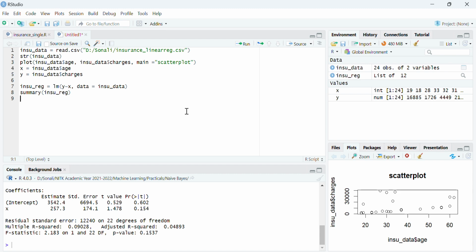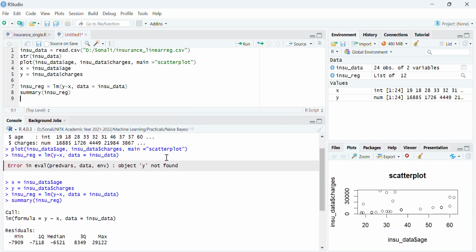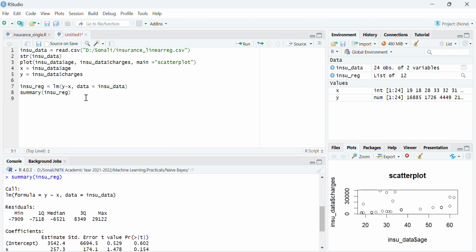So you can see some of the statistical values which are being given here. This is the median value, minimum value, maximum value, standard error, X value, P value. Every value is being given in the statistical function. R square error is being computed here. Adjusted R square, multiple R square, all the values are being computed.